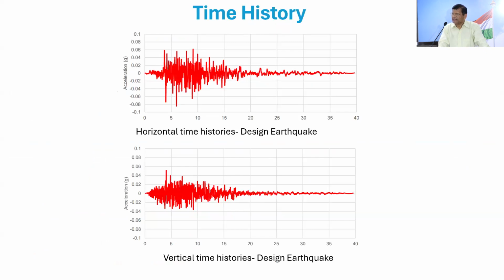Time history. The time history is important when we start the modeling, because what we do is simulate these scenarios. Whatever time history we have, we put that in our model. So this is the time history for the design earthquake. If we are considering the deterministic, we have one model and we do that. But in case of probabilistic, we normally take 2 or 3